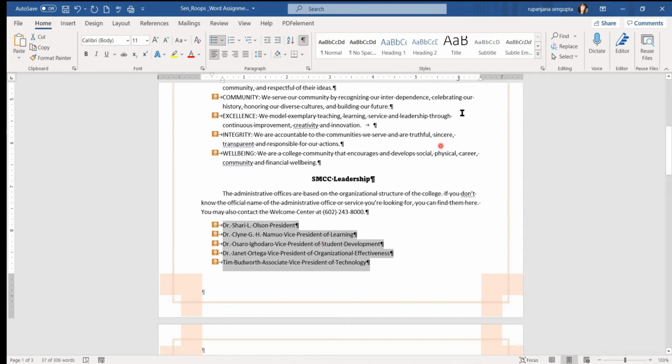Now, if you see the ruler, you see a black L mark. The tab has been set at 6. A right tab has been set. We could have easily set the tab manually on the ruler, but we chose the Paragraph window to set the tab. Next, we will click just before the P of the president, and with our cursor blinking over here, we are going to hit Tab from the keyboard, and here it is. Vice President,